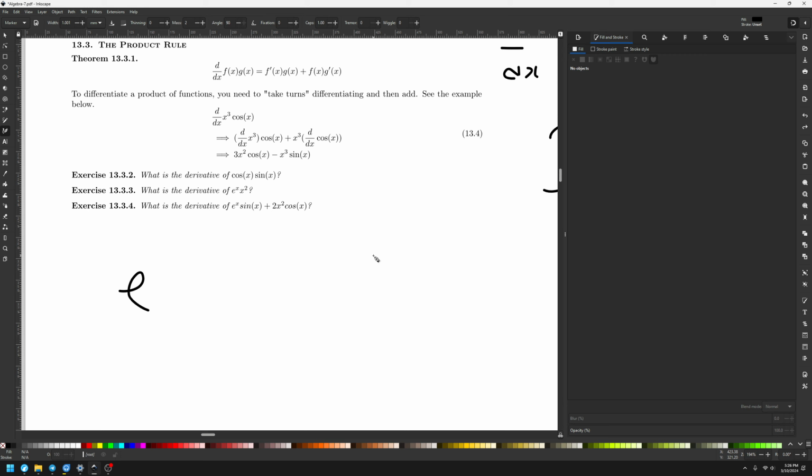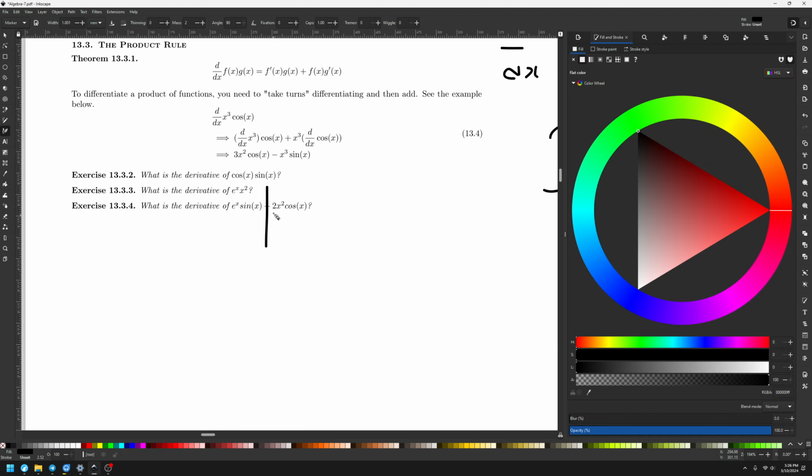Okay, now for the third one. What is the derivative of e to the x sine of x plus 2x squared cosine x? Okay. So remember from linearity of differentiation, we can split this up into two parts and then add back up our results. Okay, so for e to the x sine of x,